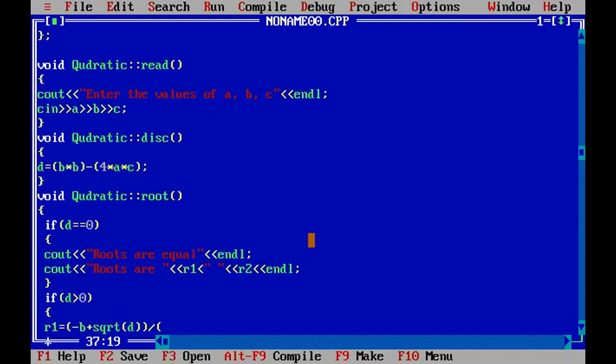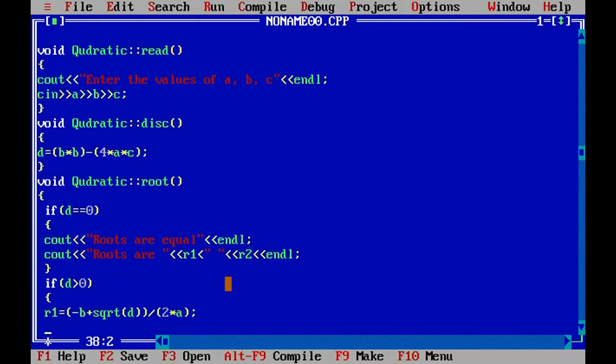We have already calculated our d value here, so now you don't have to again write it as b square minus 4ac. You can directly go ahead with writing the d here, minus b plus square root of your discriminant divided by 2 into a. So this is your first real root. And the second one is R2 equals minus b minus square root of your discriminant d divided by 2 into a.